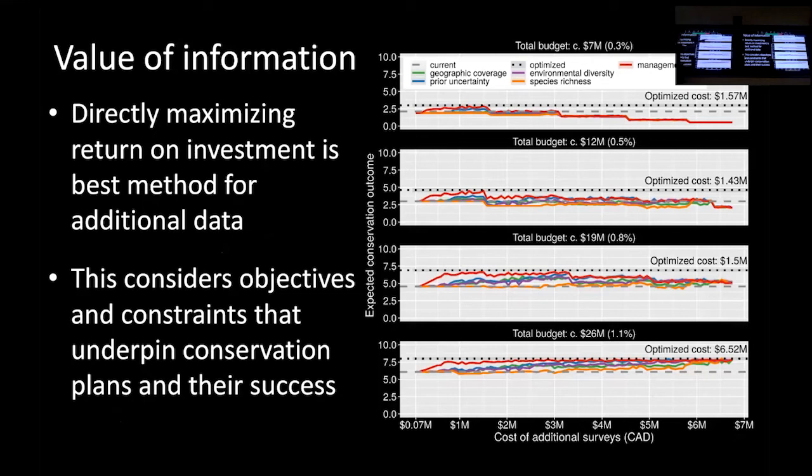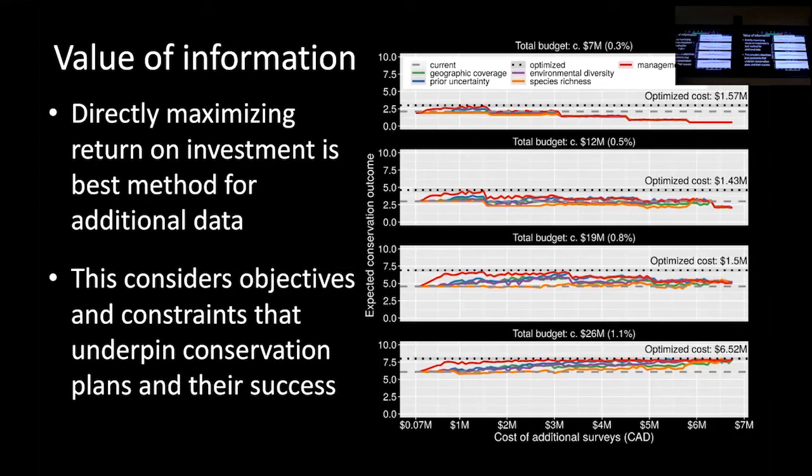I've shown it with a dashed line, but you can probably think about it as a point that occurs about here. What we find is with this optimized routine, this is the best we could do using this algorithm, and it improves on our current information. What's really useful is we don't have to explore a range of different budgets. We can just run it once, and that gives us the best, I should say a near optimal, answer. And we can see that the cost of the optimized survey scheme changes depending on our total budget. So, that's kind of cool.